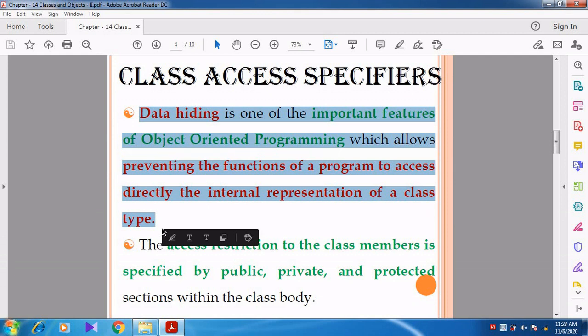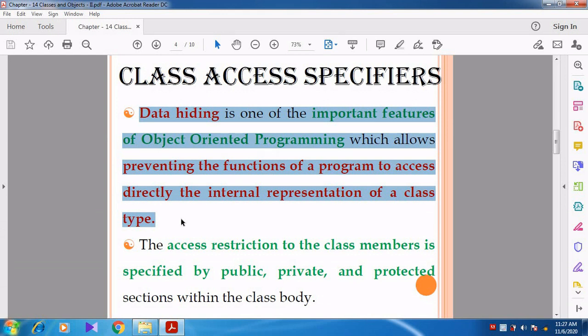So we are going to prevent the functions of the program from directly accessing the internal representation of a class type. Whatever we declare inside the class, those functions and variables should not be accessed outside the class.